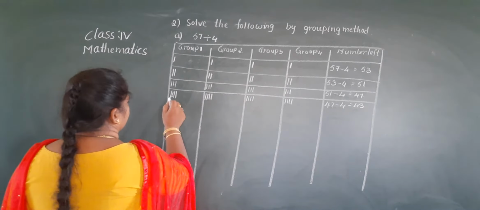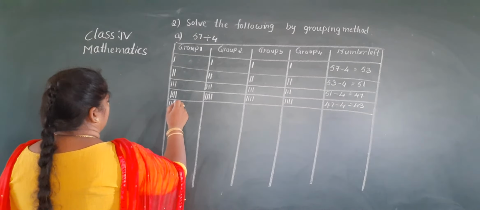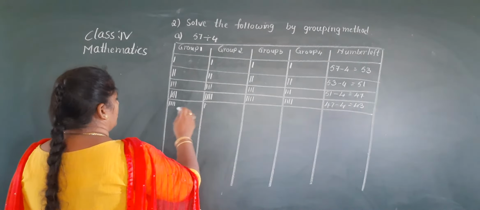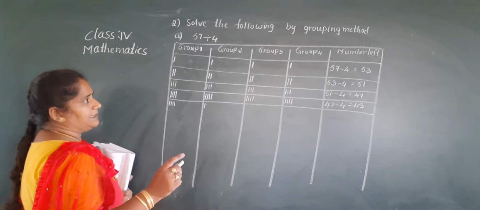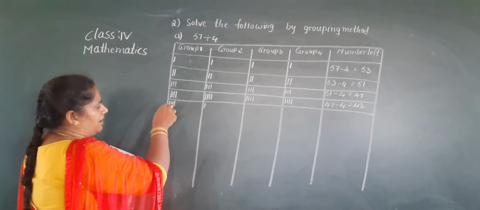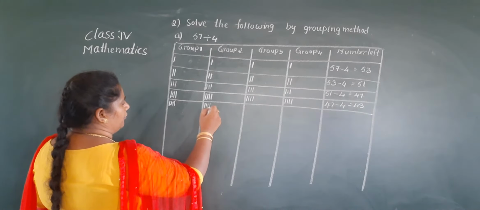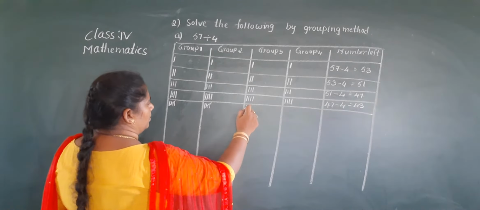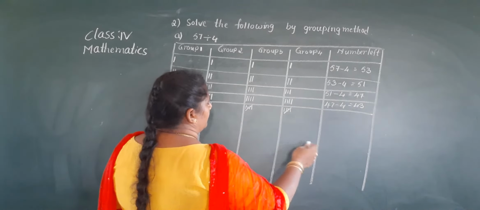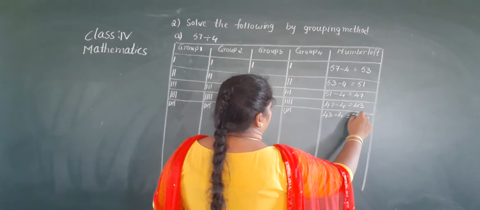Next, 1, 2, 3, 4. Again you distribute 1, 1. Then it becomes 5 tally marks. For 5, already you know that in third class tally marks, after 4, we strike off like this, then it counts as 5. Okay, 1, 2, 3, 4, 5. So 43 minus 4 is 39.